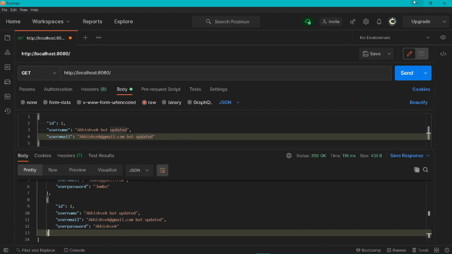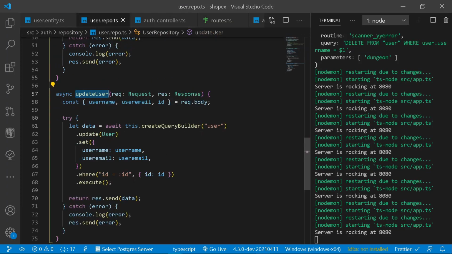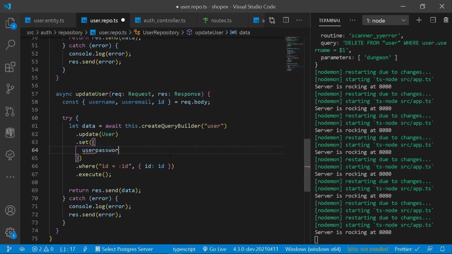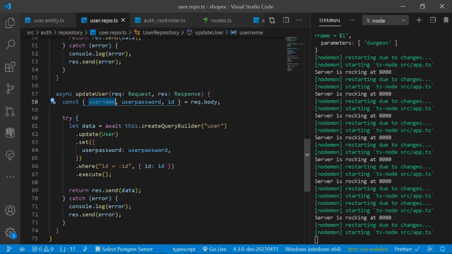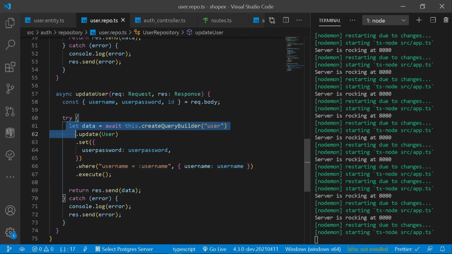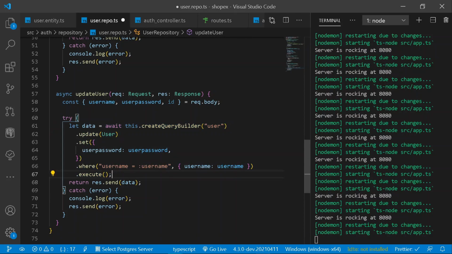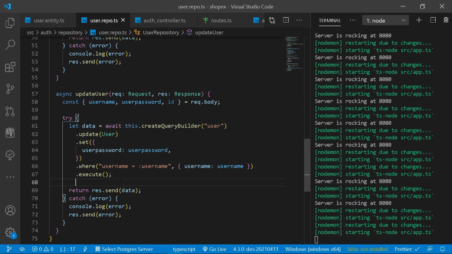Congratulations. Now you know what, we can go back, and here under user repo we are only going to be updating our password, that is user password. So here let's add user password should be equal to a user password. Cool. So now let's try it out, and here instead of having an ID, let's copy a username and paste everything here. Cool. Now this shall be helping us in a real case scenario where the user shall be updating his password in the database. So now let's try executing the following query.